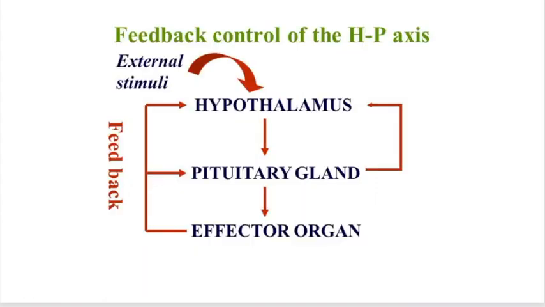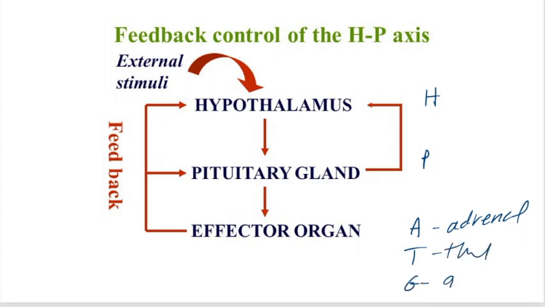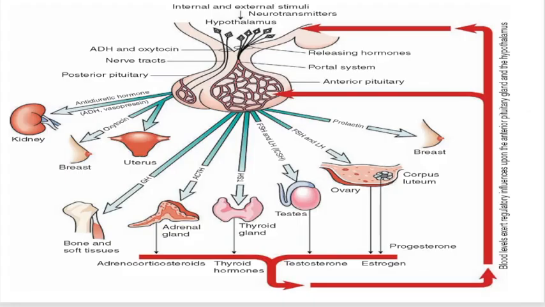So this is the HPA axis or the HPT axis we're talking about, based on the gland. Hypothalamus is H, pituitary is P. So let's say we have the adrenals, then that's going to be HPA, thyroid, HPT, HPG is going to be the gonadal, but you get the gist. We then have a feedback loop. We will have the effector organ going to the pituitary in addition to the hypothalamus, whether positive or negative feedback control. So these are nice slides coming up here to synthesize where the hormones are coming from